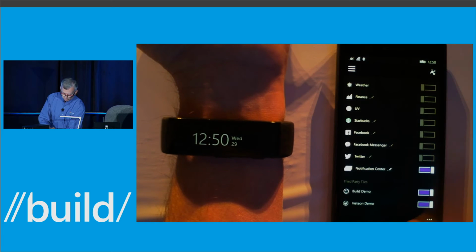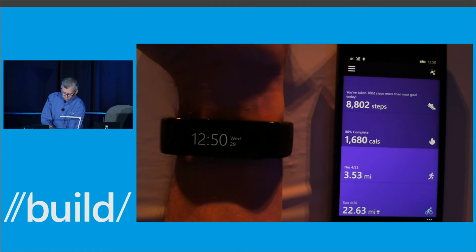Okay. Well, while we're in here, I'll show you. There's the third-party tile list that we saw before. So the build demo is the app that we added, and you can see the Insteon demo. So let's come back out of here. Let's try that one more time. Sorry, Ali. This worked mere minutes ago. Yeah, maybe you have the tile. Try and remove the tile. Which tile? On the band. No, it's not on the band. Let me just zip that up one more time.